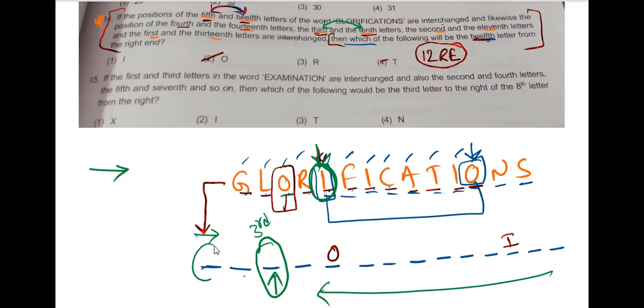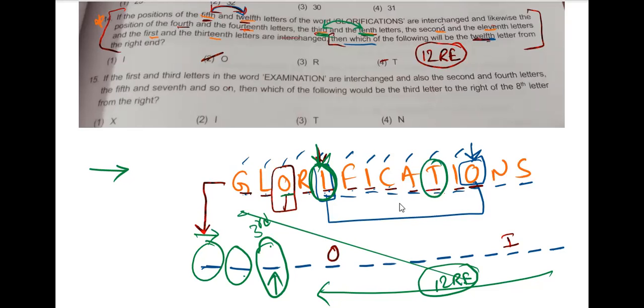Okay, this will be the first letter, this is the second letter, this is the third letter, fourth letter. In that way we have to consider. He is asking for the 12th letter from the right hand. That is nothing but the third letter. Yes or no? Yes, sir. The third letter will interchange position with the 10th letter. What is the 10th letter in the given word? T. So T will come here, and that is our answer. Yes, correct, it is T only.